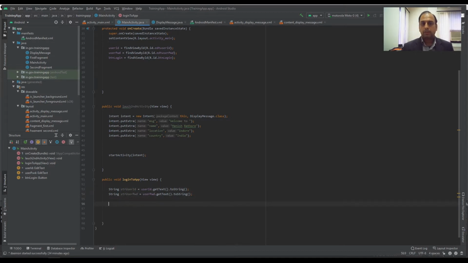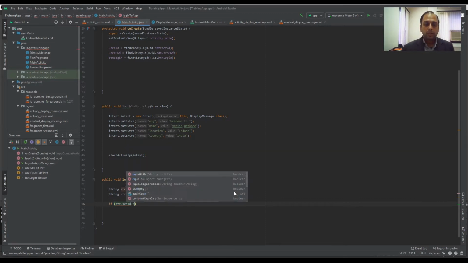Now we have to check, we will apply an if condition. If strUserID is equal to... you cannot use double equals for strings, you have to use equals.